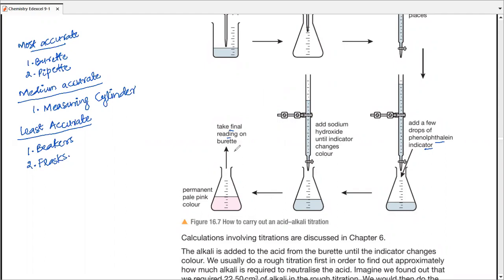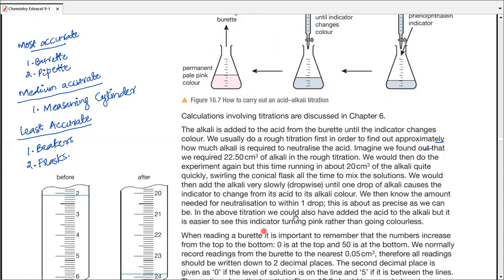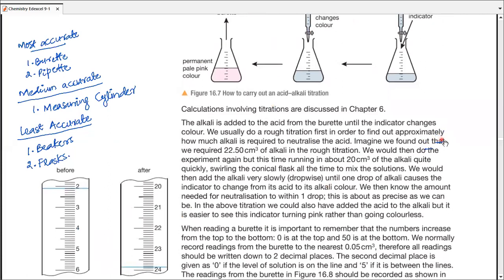When you take the final reading in the burette, when the color changes, in this case of phenolphthalein, we do understand it changes from colorless to pale pink. It is colorless in both acidic and neutral medium. However, as soon as the medium gets alkaline, it changes to pale pink. And this can happen even when you add 1 or 2 drops of extra alkali. With higher concentration, only 1 drop can bring a huge difference. So, clarifying this, let's go with the